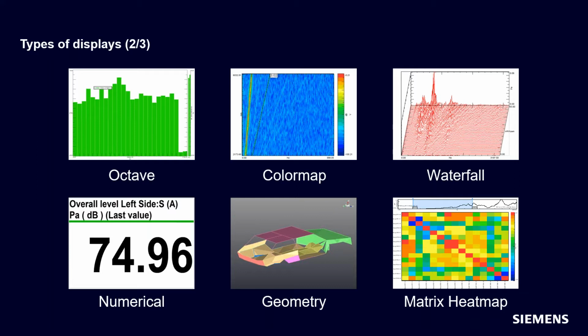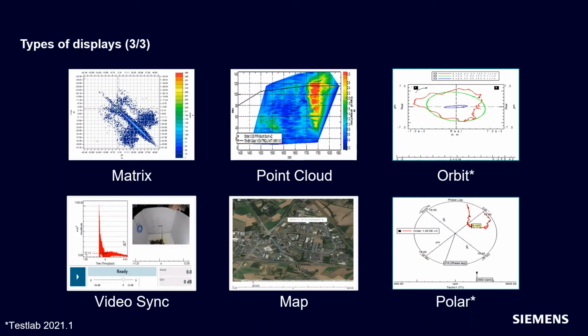Numerical is just like what it sounds like. You just want to output a speed or something, very useful. Geometry is great for looking at mode shapes and test geometry. Matrix heat map is relatively new. If you have a big set of FRFs, you can dump all kinds of data into a matrix heat map, and you'll see it displayed as you see there on the screen. It makes it very easy and quick to compare large families of FRFs, do a coherence check, and immediately see if you have something wrong in your data.